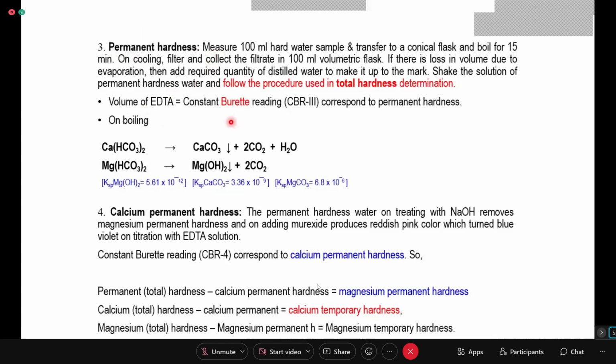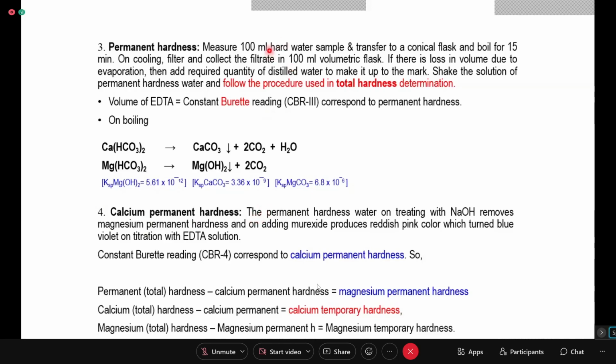Now the thing comes here is when you want to find out in this permanent hard water sample how much is calcium permanent hardness. Now this is permanent total hardness present. Now for calcium permanent hardness, with this boiled water sample, if you perform 3 or even 4 titrations, out of 140 ml say is consumed, but still you are left with something, and you can perform 5 more titrations of 10 ml aliquot each time. Okay, so calcium permanent hardness is there, and to determine calcium permanent hardness, what is done?